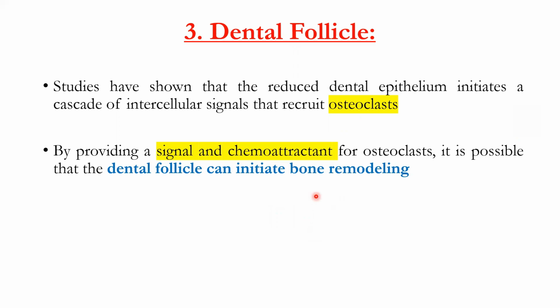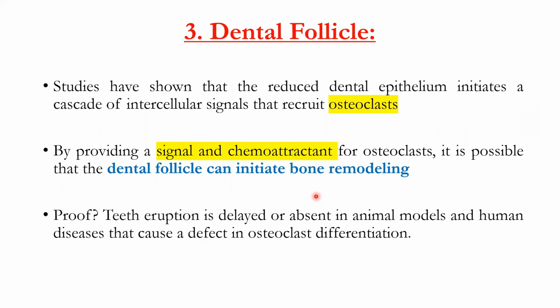So that's why dental follicle is thought to initiate the entire eruption. And the proof is that tooth eruption is delayed or absent in animal models and human diseases that cause a defect in osteoclast differentiation. And because the osteoclasts are recruited by the signal and chemoattractant sent by the dental follicle, it is thought to have